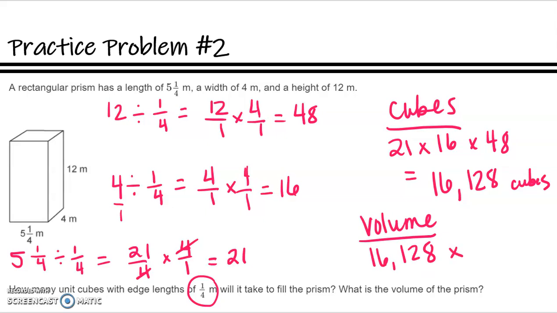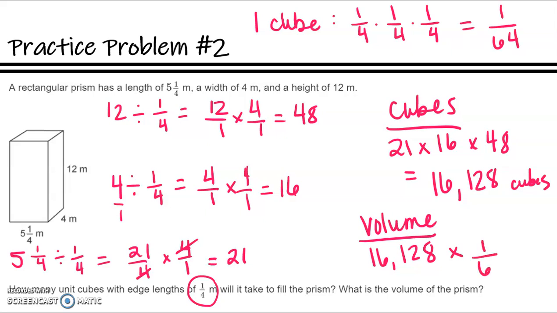Well, the volume of 1 cube is 1/4 times 1/4 times 1/4, because again, the edge lengths are 1/4, and that is 1/64. So I multiply across the top, multiply across the bottom,